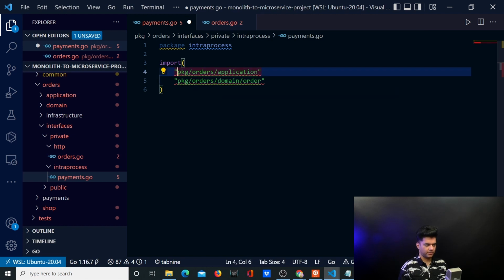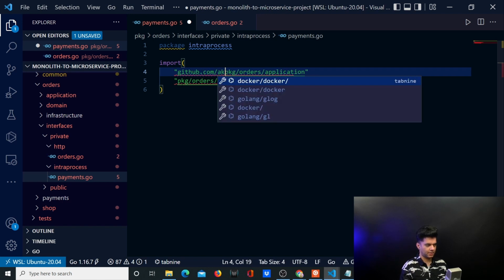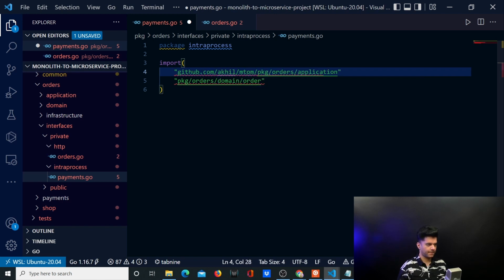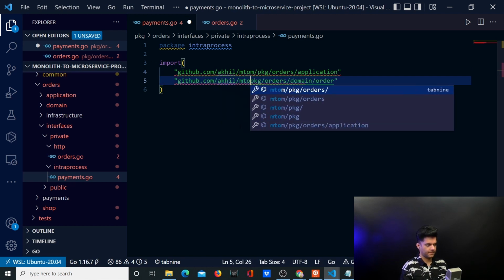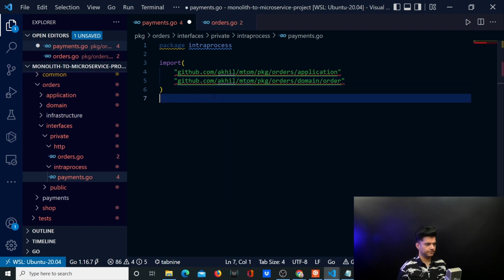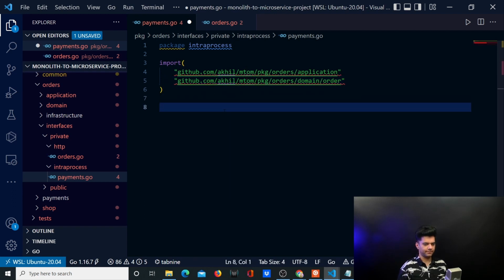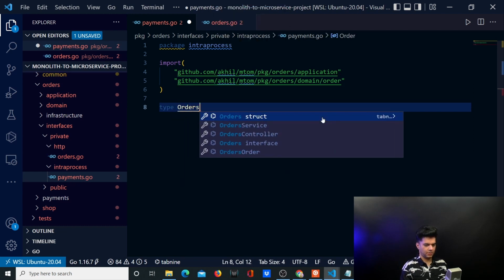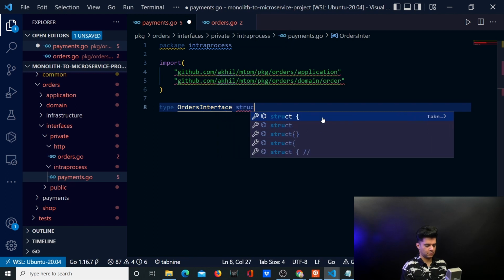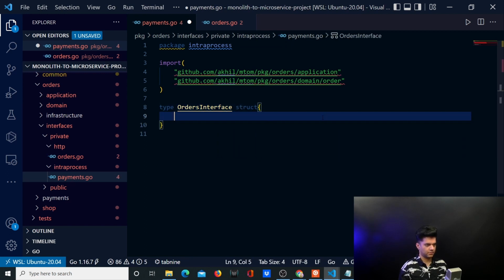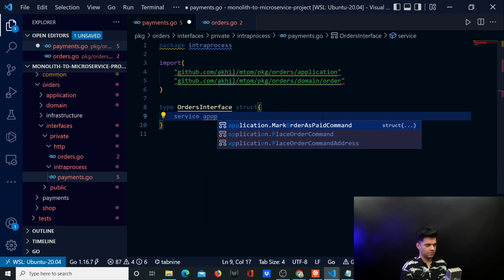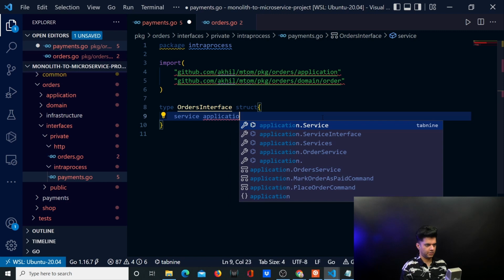And this pkg folder is inside my project, which is github.com/akhil/m2m. And here as well, that should be the case. It looks like mtom, it's actually m2m. So here you'll create an orders interface struct. We'll have service, which is of type application.service,